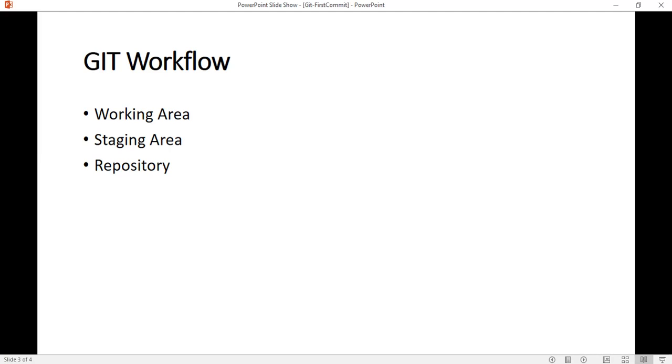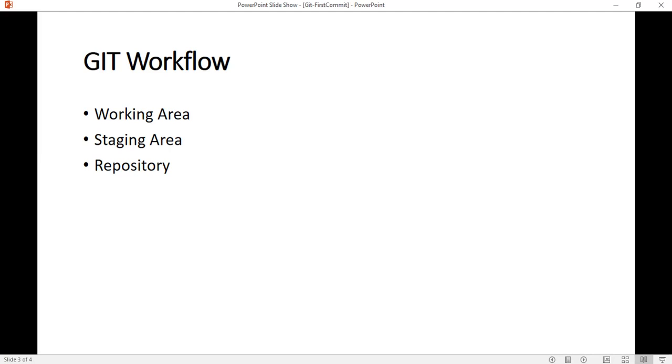So coming to here, there are three parts of the Git workflow: working area, staging area, and repository. The working area means when we are changing something or working in our local area. The staging area is where, once we are done with our changes, we add them into the local Git configuration.